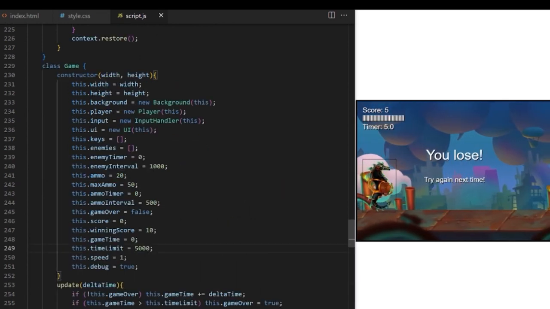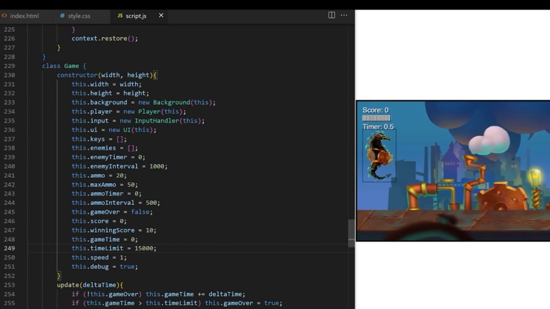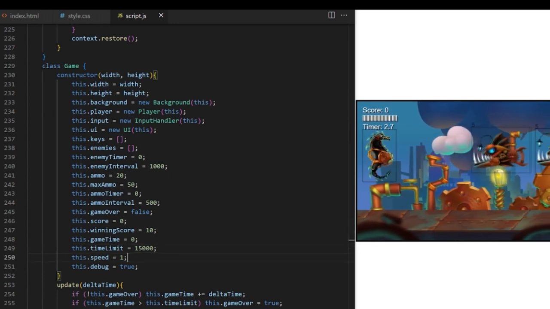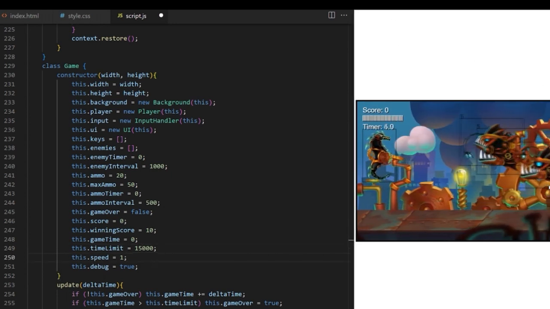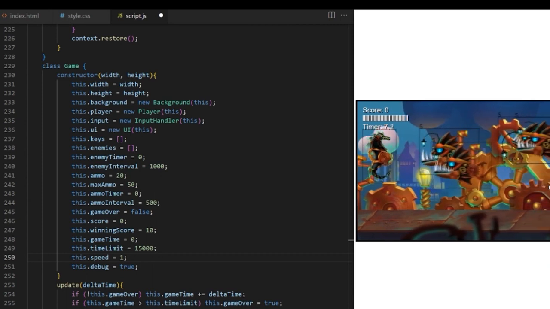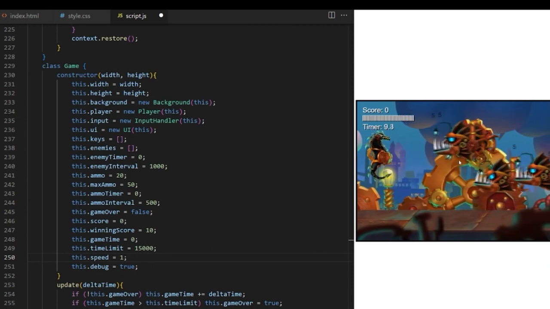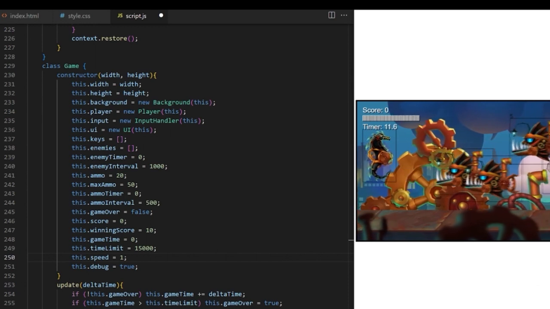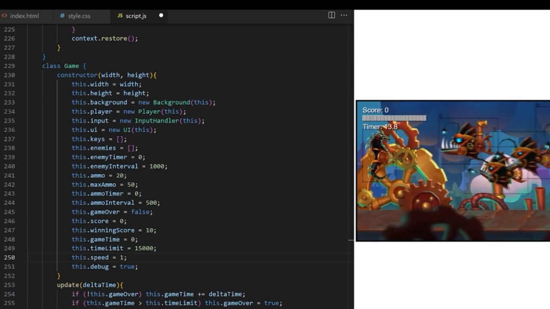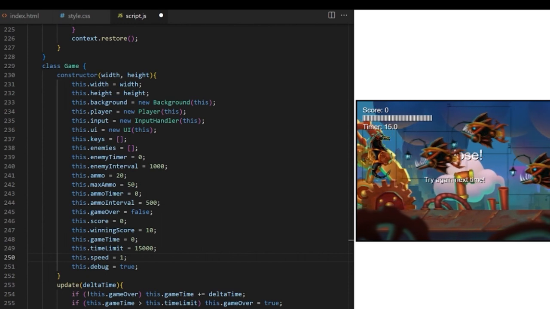Up here on line 249, I increase game limit to 15 seconds, so we have some more time to test everything before game over is triggered. Immediately I can see the new Angler2 enemy type, and I can see we are playing both animations. Perfect. Giving graphics like this for your game will go a long way to help you create unique stories and